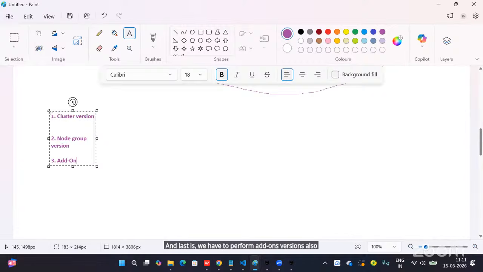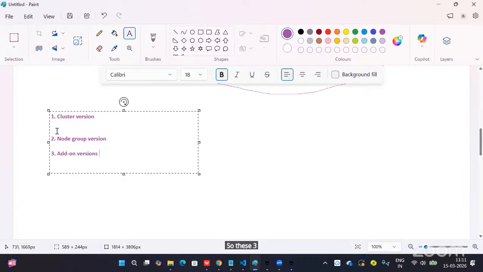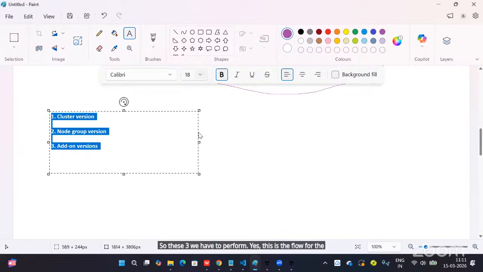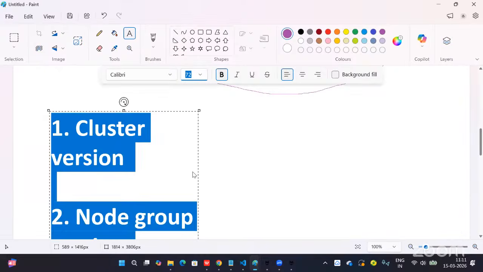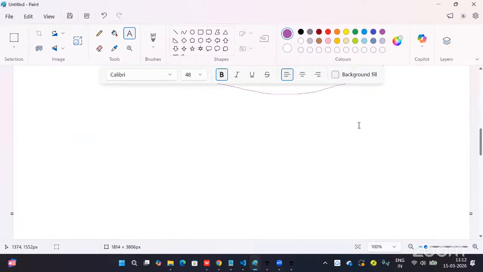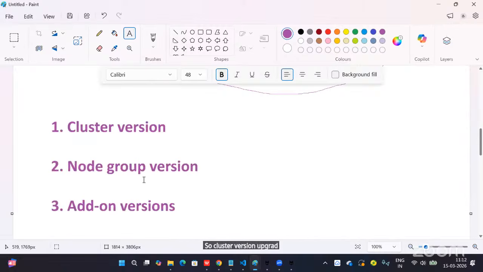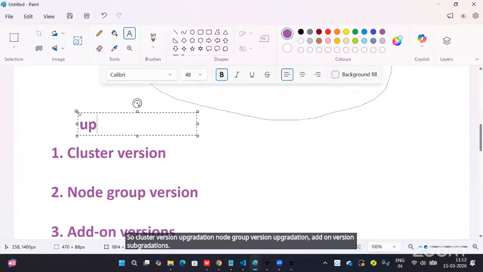Whatever plugins you have installed, these add-on versions also have to be updated. So these three we have to perform, guys. This is the flow for the upgrade: cluster version upgrade, node group version upgrade, add-on versions upgrade.